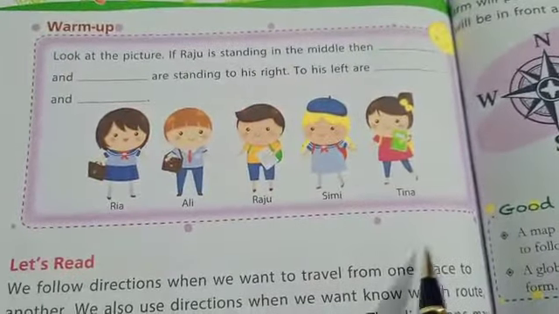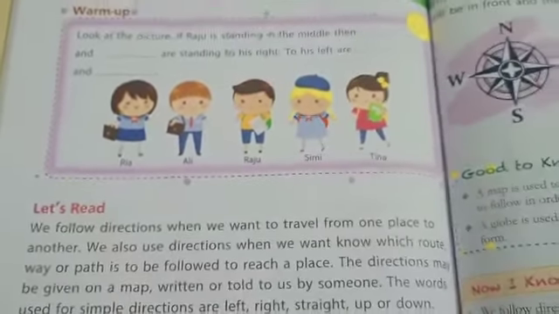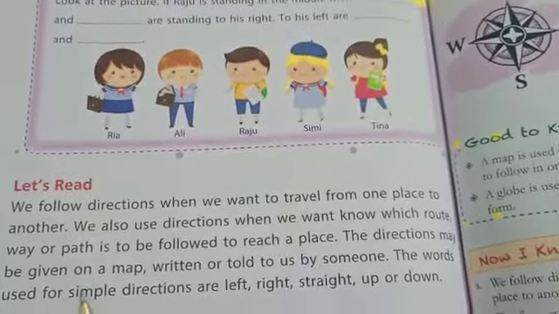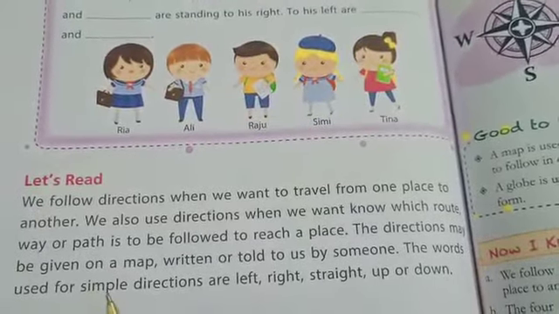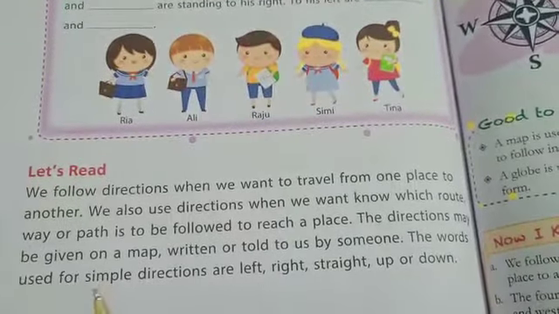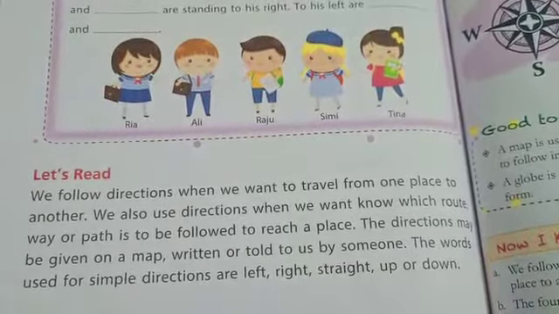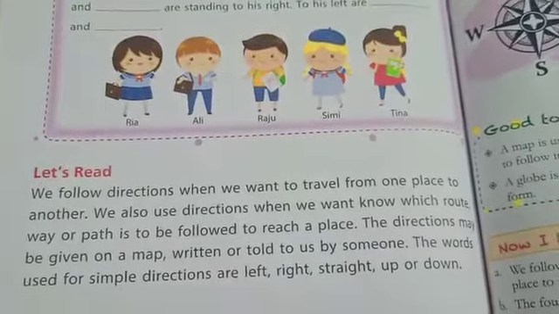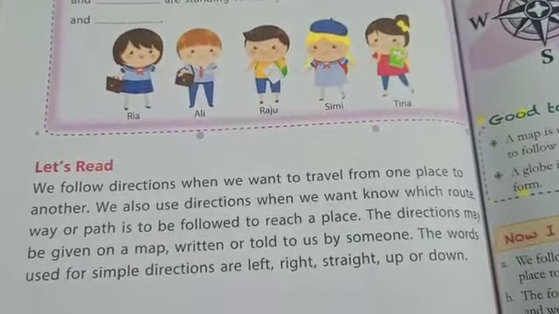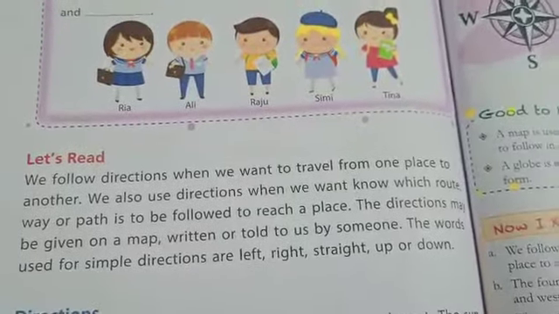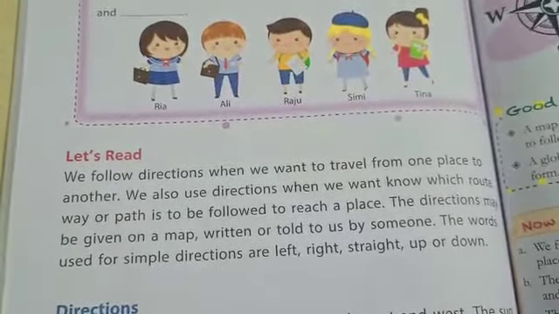So in this chapter we are going to understand about directions, why we need to know directions and how we come to know about directions, in which direction we need to go, and how many types of direction, how many directions are there basically. So there are main 4 directions.